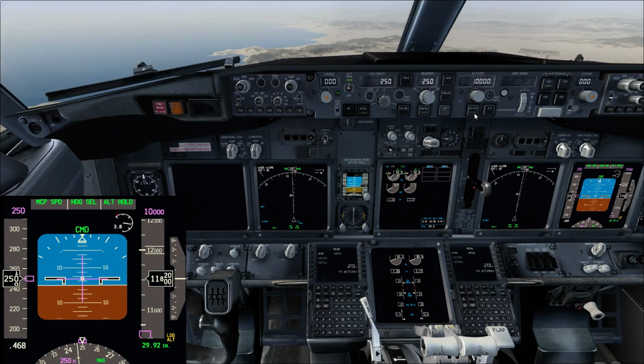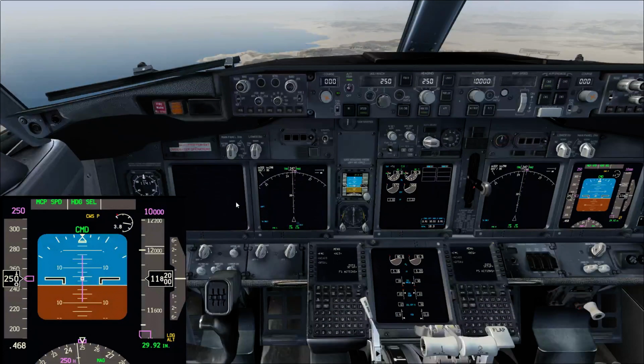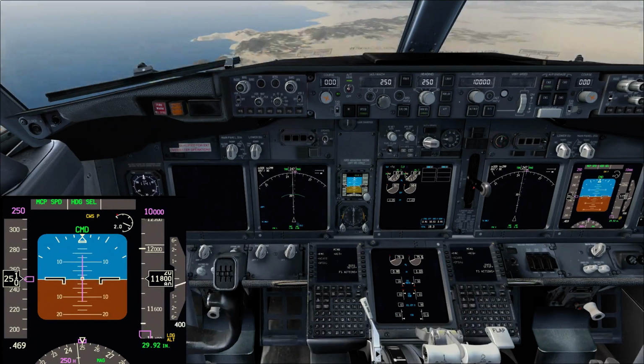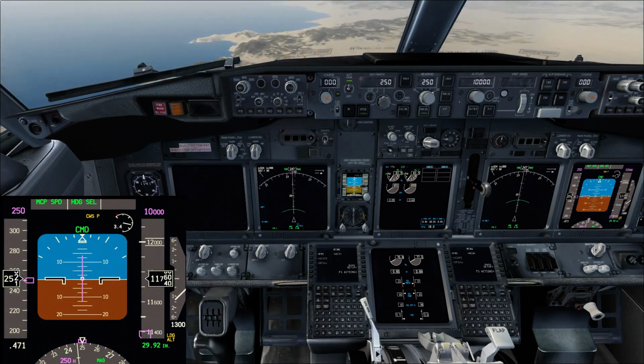I can take back the pitch mode and immediately I get the warning. The pitch mode disappears and is replaced by control wheel steering pitch. And again, the horizontal flight director bar disappears because now I can pitch up or pitch down the plane manually,